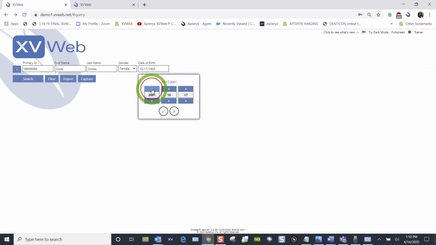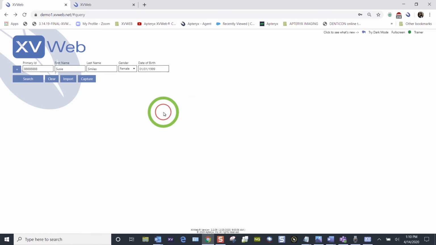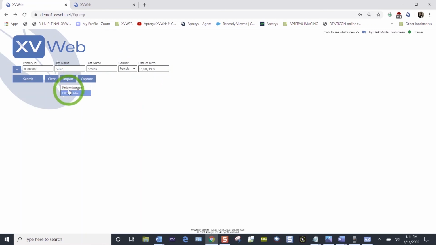You could literally up and down it to find that, but highlight, left hold, and drag across that year and put in the appropriate year. Same thing, left hold your mouse key, highlight that, change it, left hold, highlight it, and change it. There's a check mark there. So once you've identified your patient, you've verified their birth date, left click on import, and there's 2 options here,